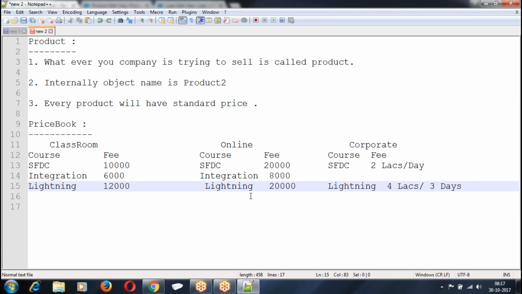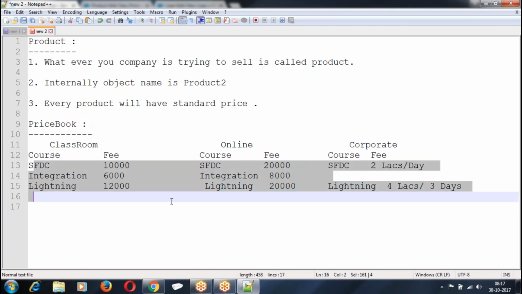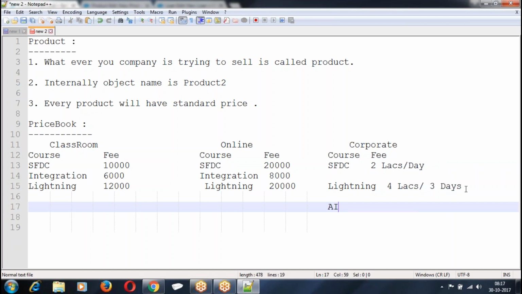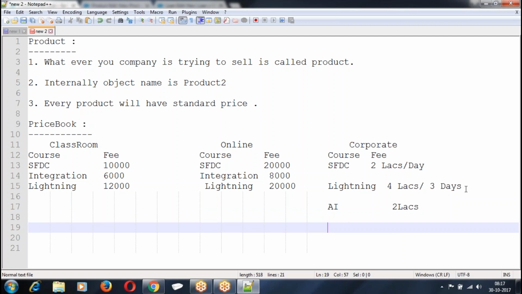Now, if you look at this, my company is not offering all the products in all the lists. The classroom we are giving all 3, online we are giving all 3, the corporate we are giving only 2. Here we are giving only for corporate, IoT we are giving only for corporate. So look at this. The same company is selling the same products in different regions with different prices.